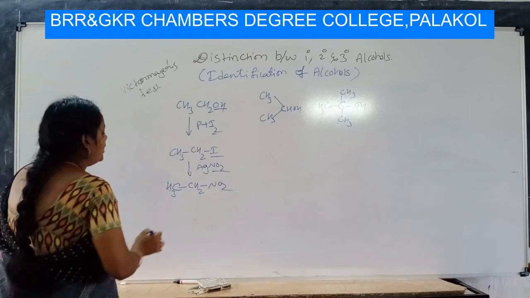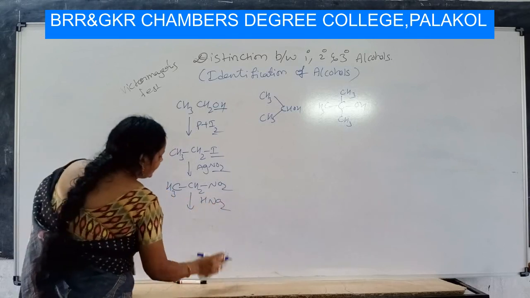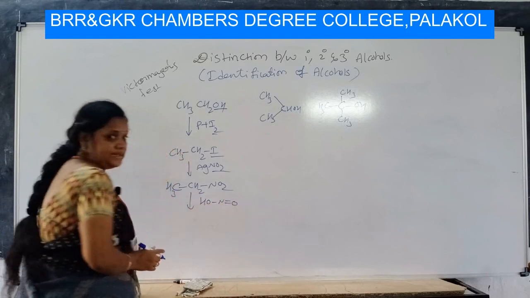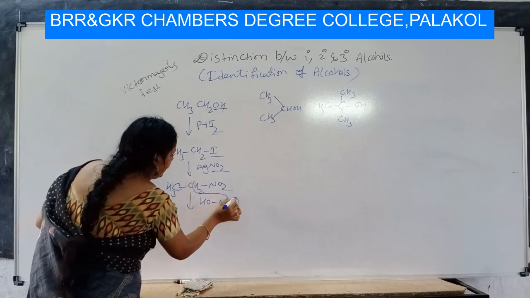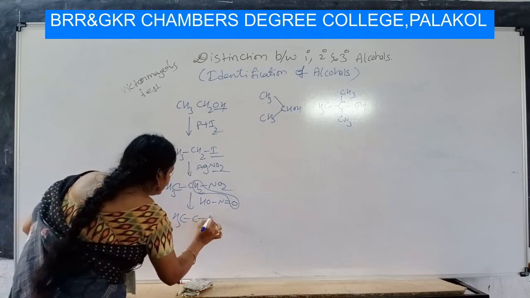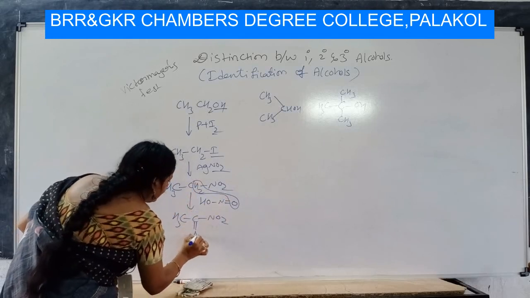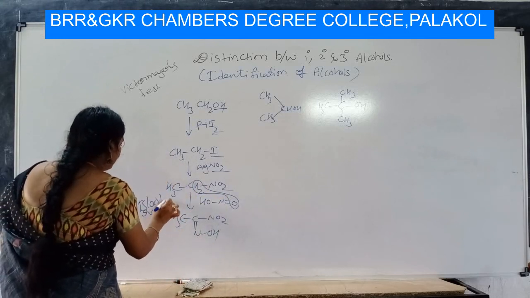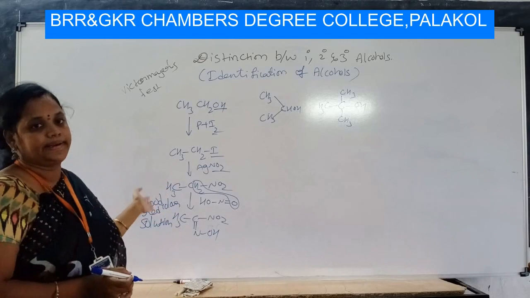And again to this you have to add HNO2, nitrous acid. Students, to understand the reaction easily, I am writing it as OH and double bond O. Two hydrogens from here and oxygen from here will get removed, and you will get CH3C with a single bond to NO2. So both these are removed, and you will get a double bond here, NOH. So you will get a blood red color solution.